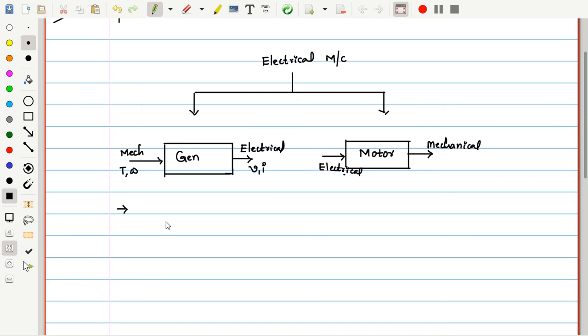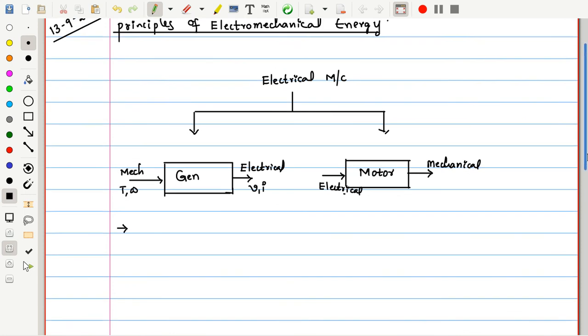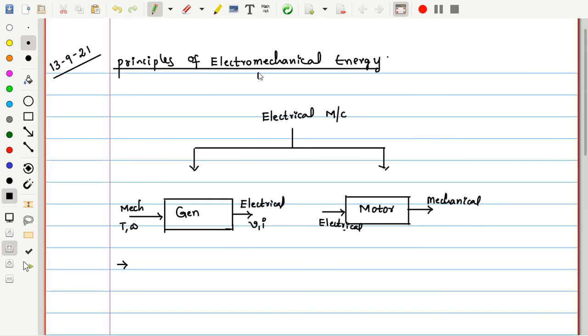Let me write electromechanical energy as EM, every time EM means electromechanical energy. So the electromechanical energy conversion takes place